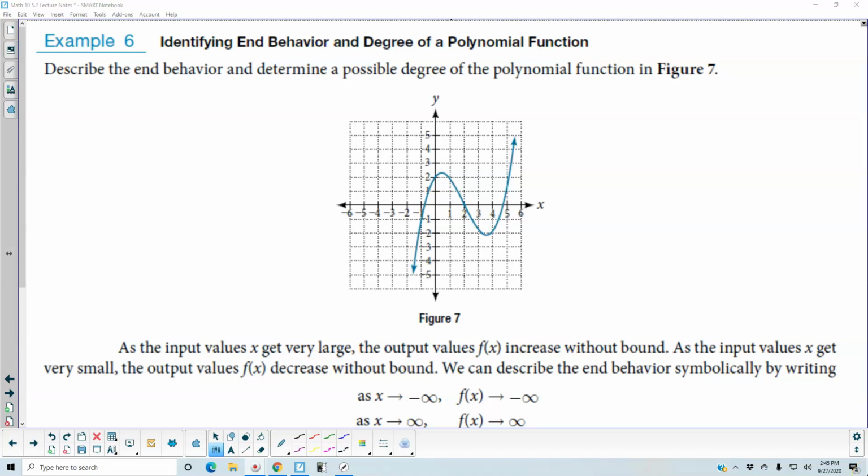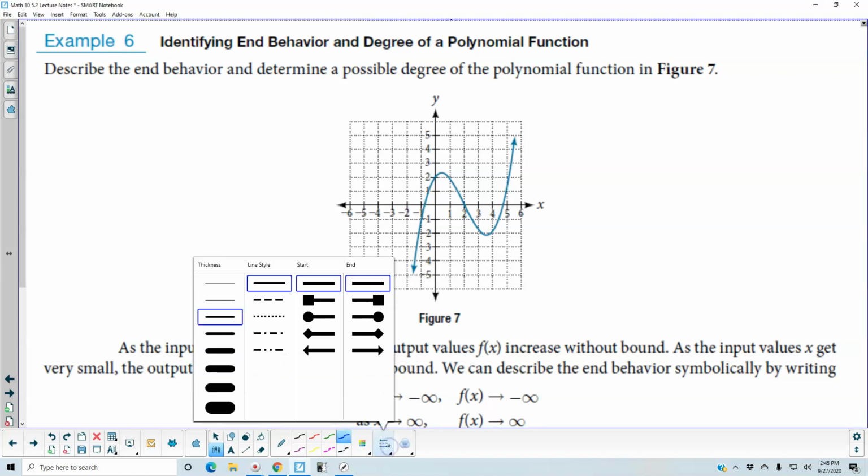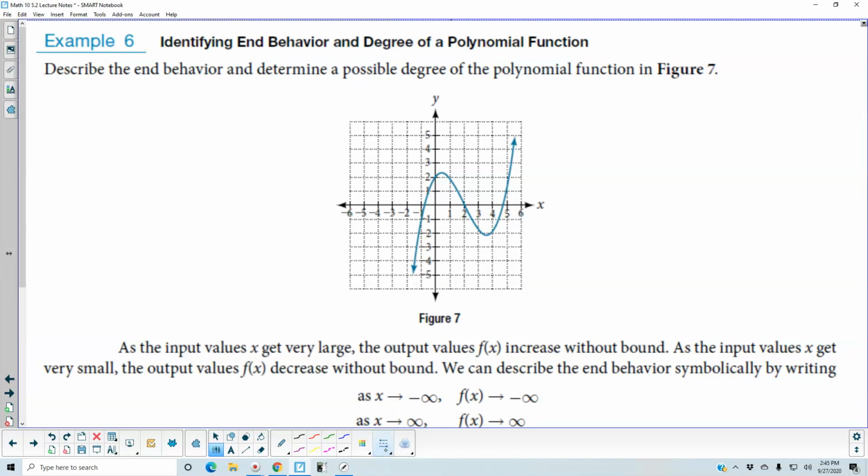Example 6, identifying end behavior and degree of a polynomial function. Describe the end behavior and determine a possible degree of the polynomial function in figure 7. So if we take a look at the graph and look at the end behavior of both of them, we